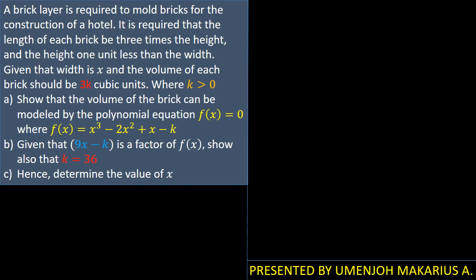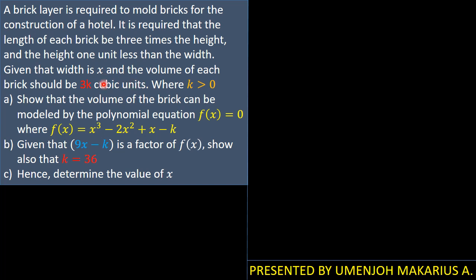In this video, friends, we shall be looking at the question we have here on screen, which states that a bricklayer is required to mold bricks for the construction of a hotel. It is required that the length of each brick be 3 times the height, and the height 1 unit less than the width. Given that the width is x and the volume of each brick should be 3k cubic units,